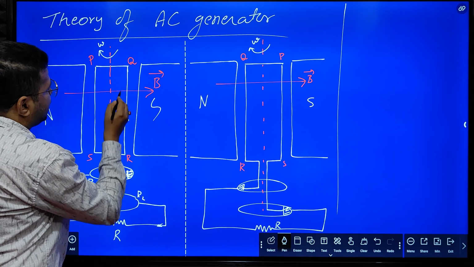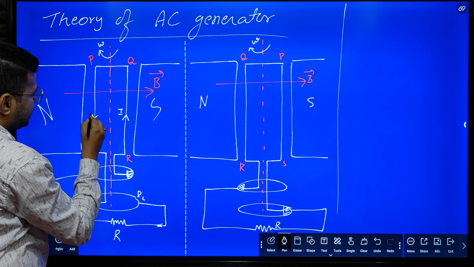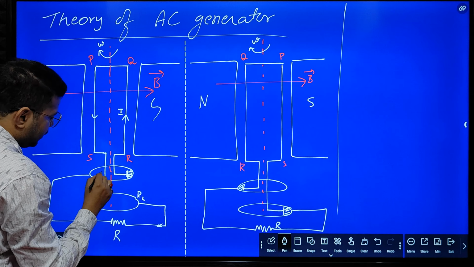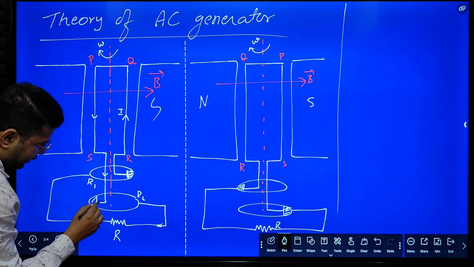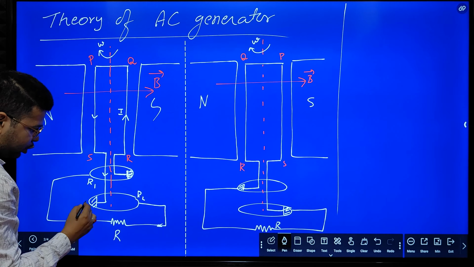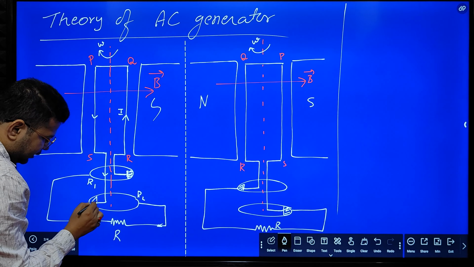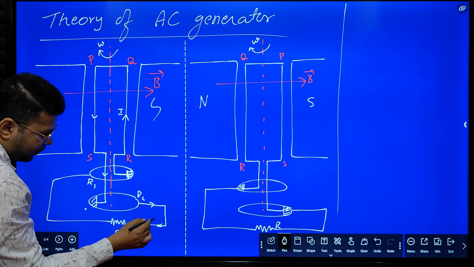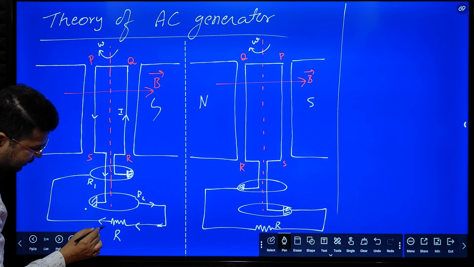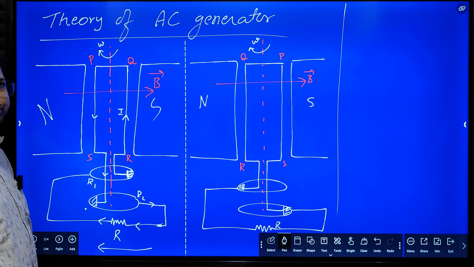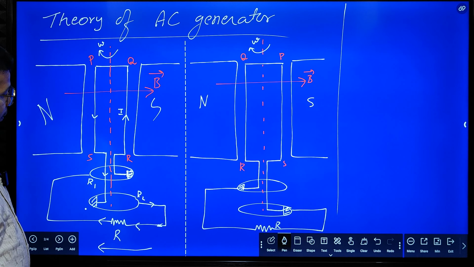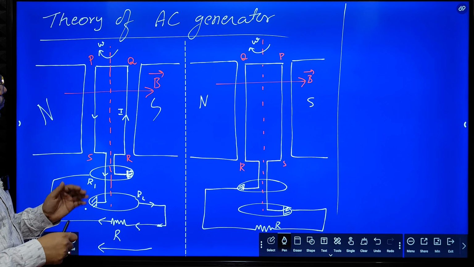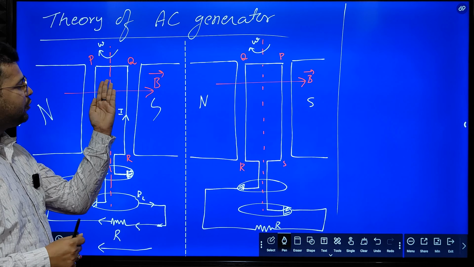Now what happens? This current goes here, it comes here, and that current goes to R2 since there is a metal brush here. From R2, the current passes through the resistor in this direction. Now, after half rotation,